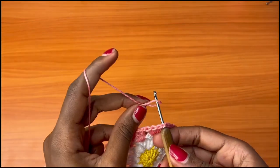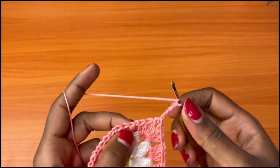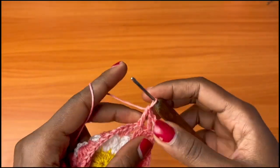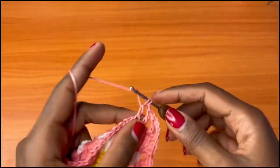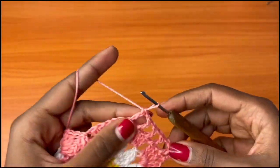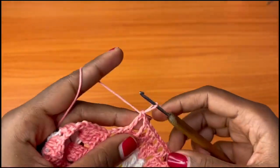So you're going to attach your yarn here, and we are going to chain 4. That counts as a double crochet, chain 1, then skip 1 stitch, and into the next stitch place a double crochet, chain 1, skip 1 stitch, and into the space place a double crochet, chain 1, skip 1 stitch, double crochet into the next, chain 1, skip 1 stitch, double crochet into the next. So we are going to continue that until we get to the top of our bra cup. Keep skipping one stitch, sorry, and then going into the next